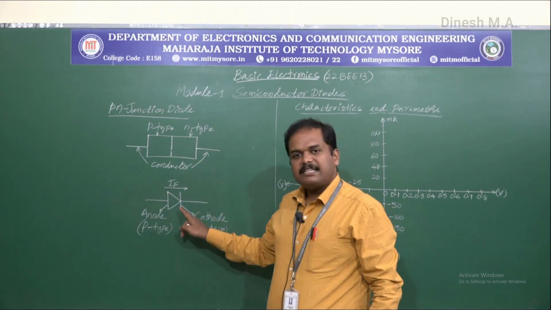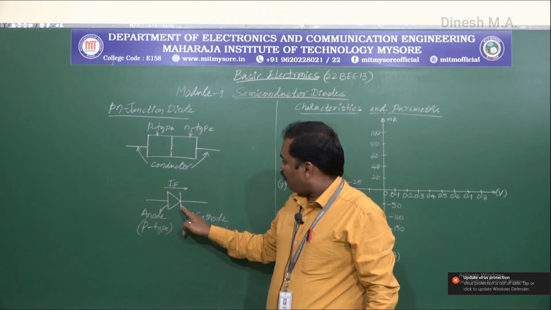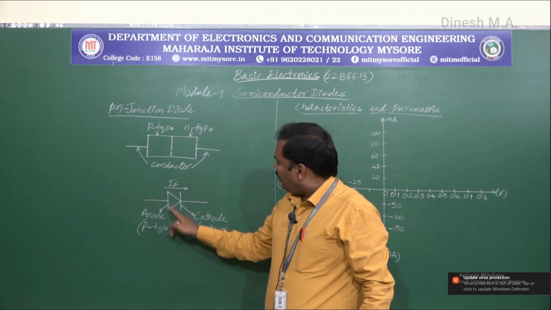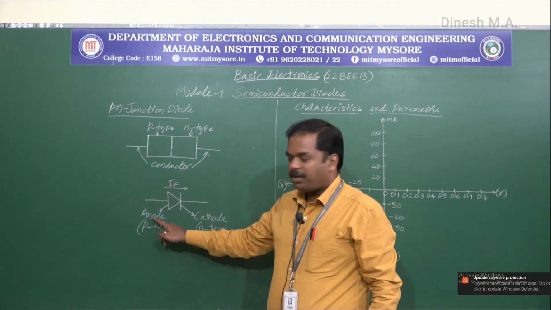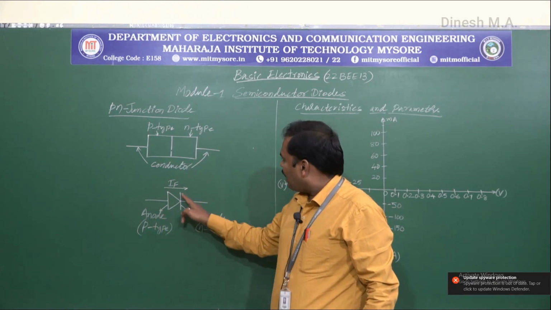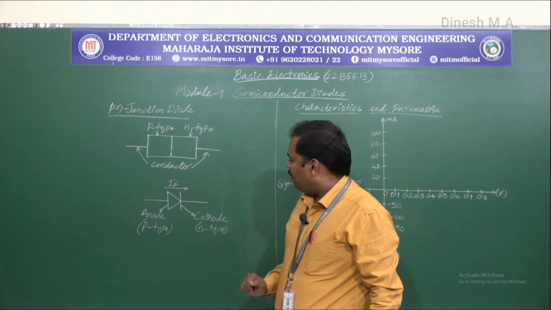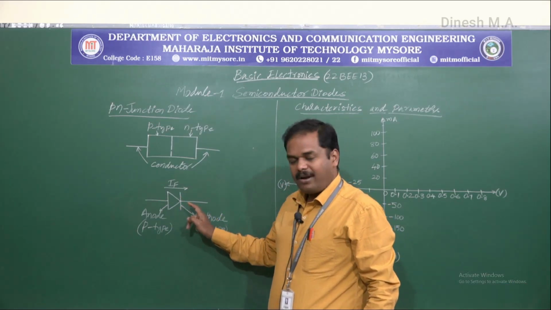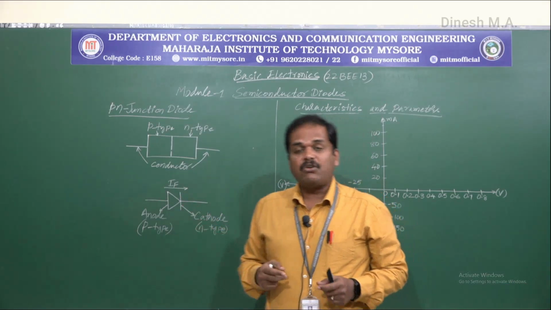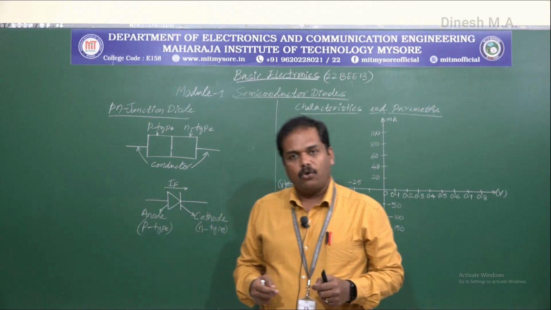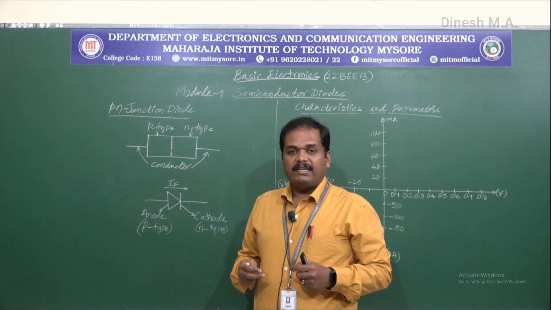And this is the symbol of the PN junction diode. The terminal at the P-type is the anode terminal, and the terminal at the N-type layer is the cathode terminal. This arrowhead indicates the direction of the conventional current that flows through the diode when the diode is said